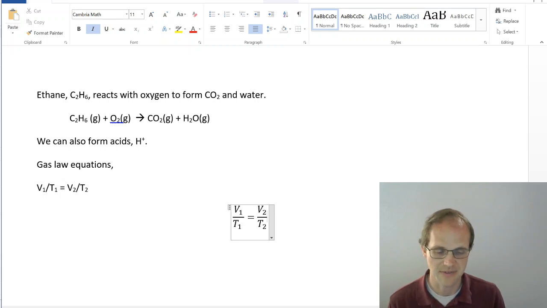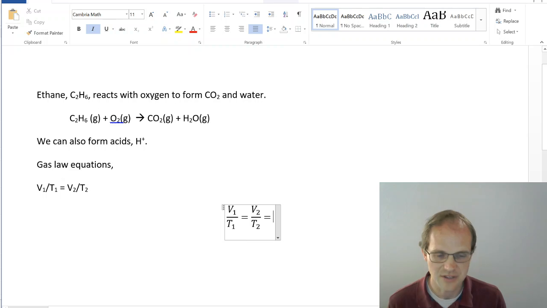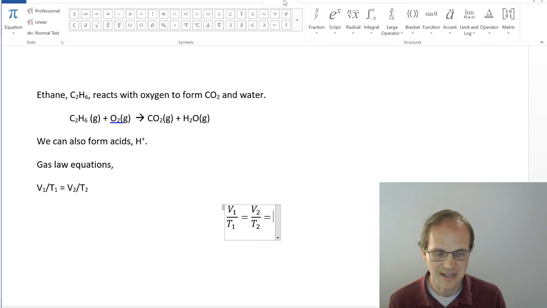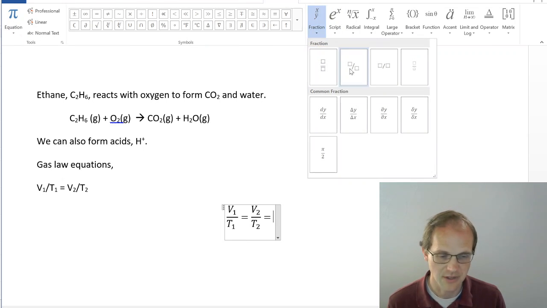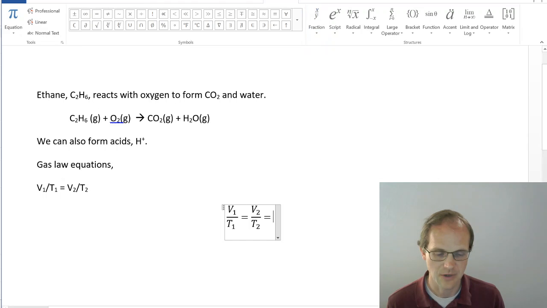Very good time saver. Now it turns out there are sometimes where you do want an inline fraction, so you want it to look like one over the other just because of the way you're designing it. In that case, you do want to use the fraction options here, and there's an inline fraction there. There's no way that I know of on a keyboard to get that inline fraction in the equation editor. So there we go. So v1 over t1 equals v2 over t2, entered in very nicely.